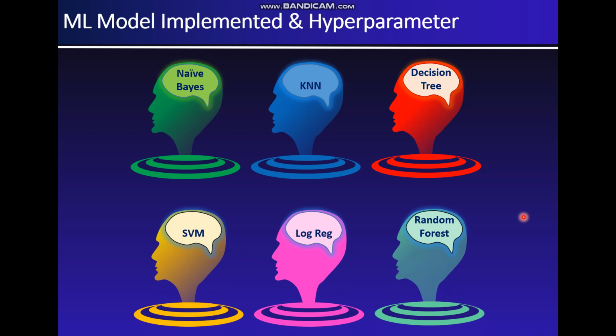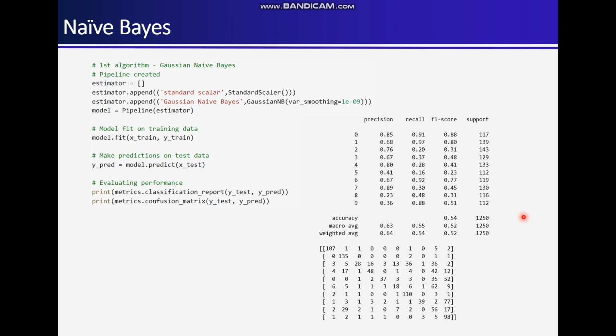Let's go to the first one, which is naive Bayes. Naive Bayes was not taught in the classroom, but it is one of the very basic and fundamental machine learning algorithms, and it is also a parametric algorithm, which gets the mean and variance from the data of different classes. As I mentioned earlier, I implemented the pipeline architecture, so I will explain it one by one. Over here, if you see, we have declared an empty array, and